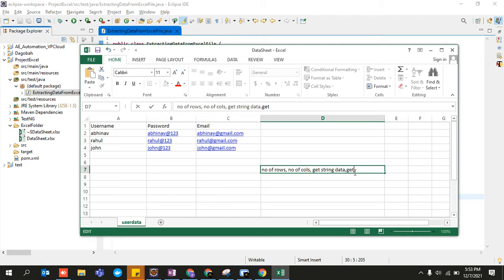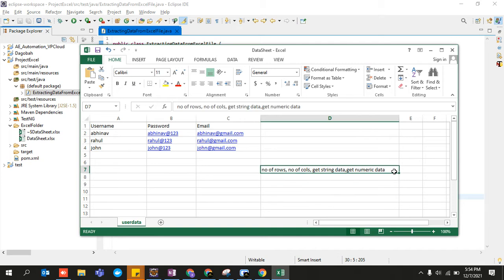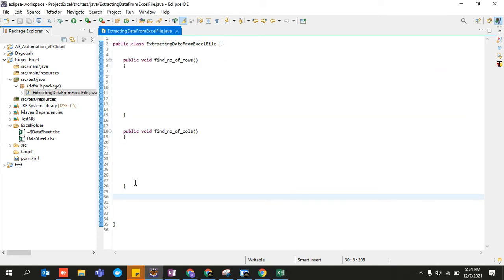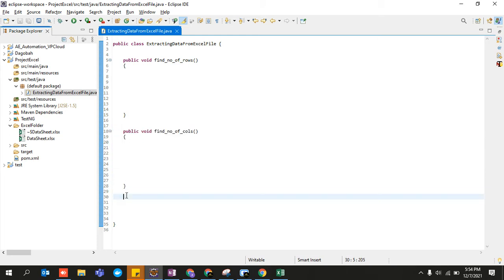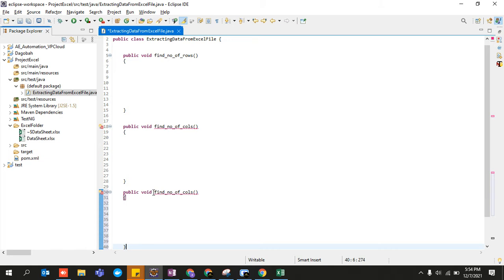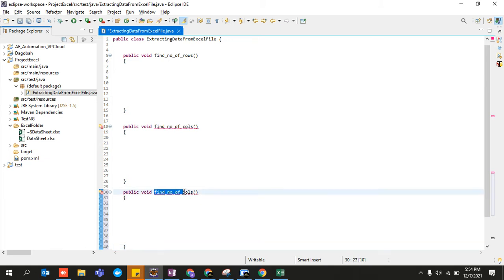Again, you need to create a method to get numeric data because your Excel sheet may contain numeric data as well. So at least four aspects you have to think about, and then you have to start coding accordingly. I'll delete it and hit save over here. Since my Excel sheet contains only string data, I have to create a method that would help me get the data in the form of a string.